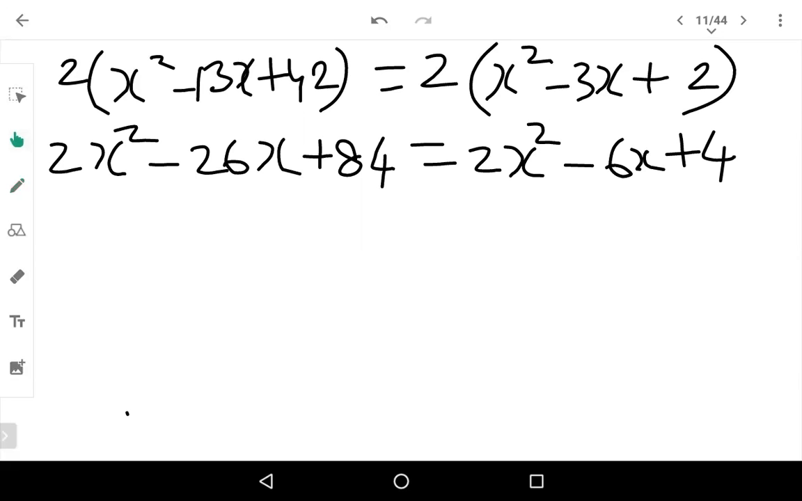Now in the next step, what we will do is we are going to get the right hand side expression, that is 2x square minus 6x plus 4, to the left hand side. Okay, so what we will be doing here is 2x square minus